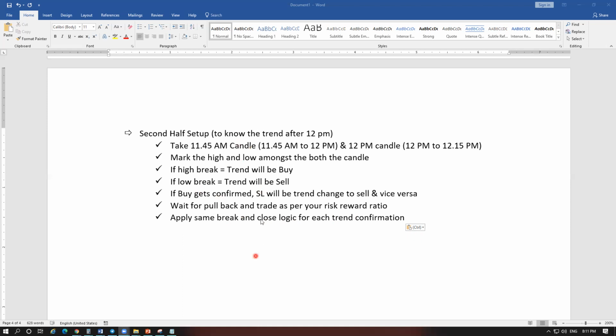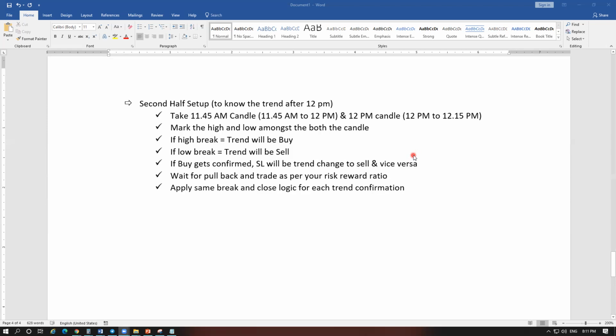Here we have to follow the same logic. Suppose the 12 p.m. candle high is 1234. For example, 0.20% break and 0.10% close. If I get both conditions in the next candle, I will be on the buy side. A pullback will happen here also, or there is a chance of a pullback. Sometimes a pullback does not happen, but you are already in a profitable trade, so it doesn't matter whether a pullback happens or not. Understood? Okay.